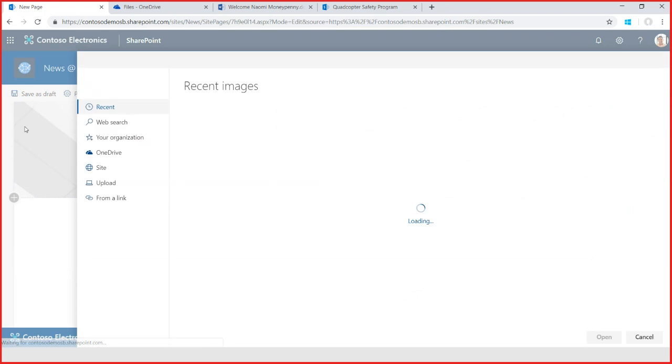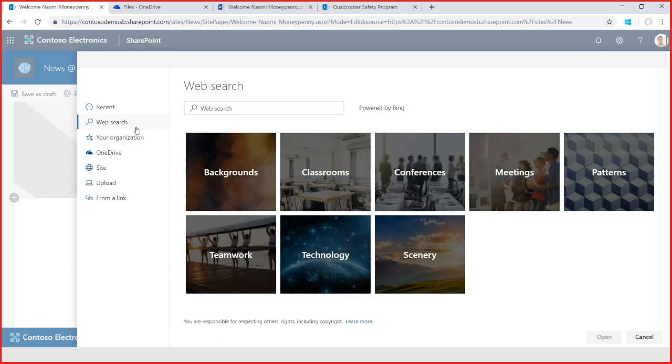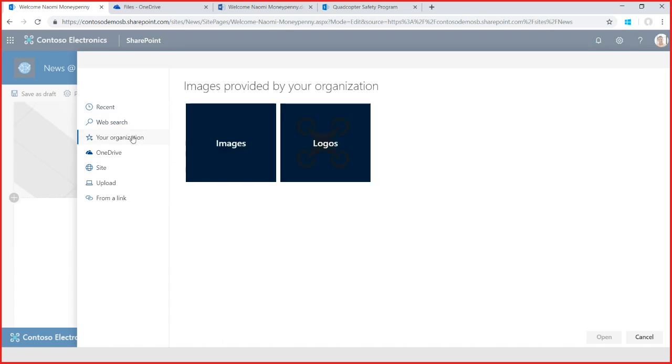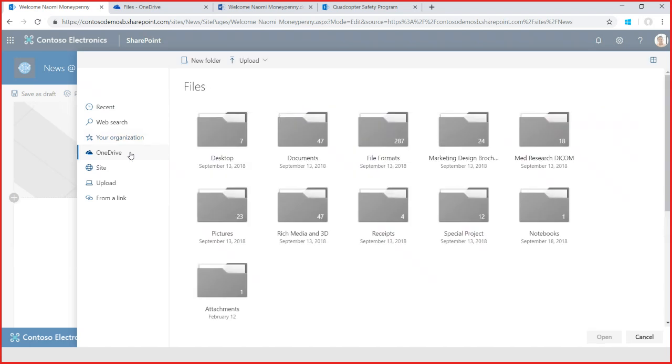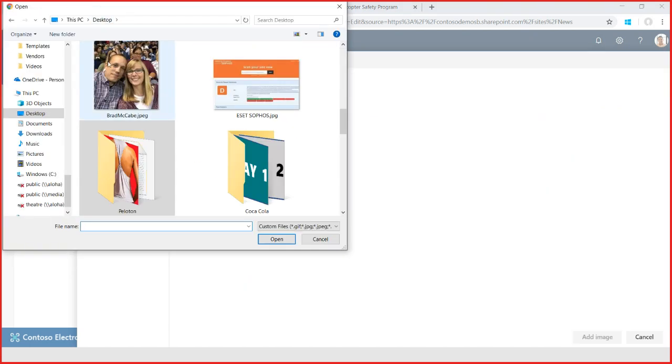So I'm going to go ahead and change the image. And I have the ability to look at images I've used recently. I can search the web for images. I also can pull images from my organization, which might have a store of approved and licensed stock images, or our company logos, for example. Finally, I can pull logos from my OneDrive, for example, or I can upload from my desktop. So I'm going to go ahead and upload an article,